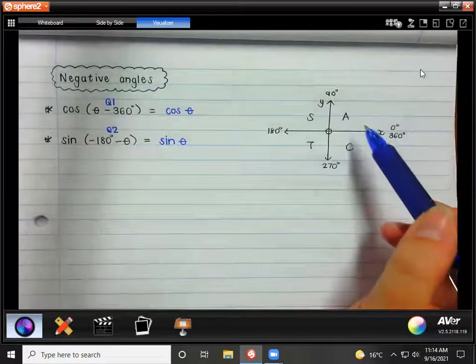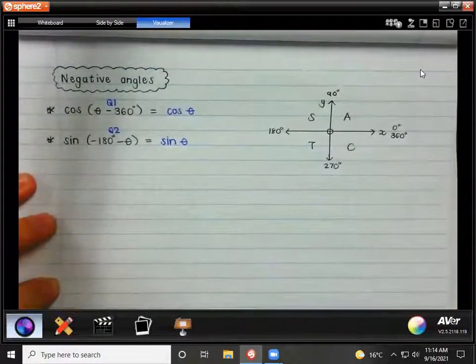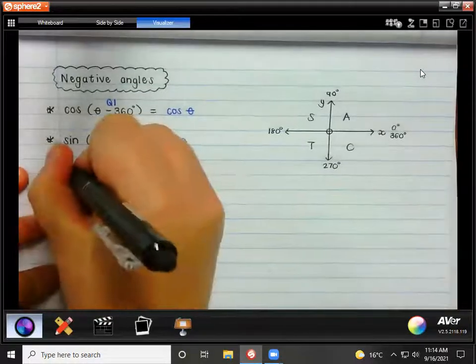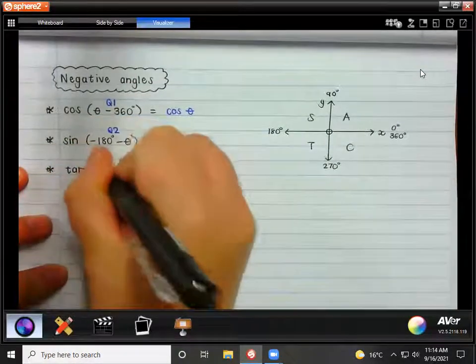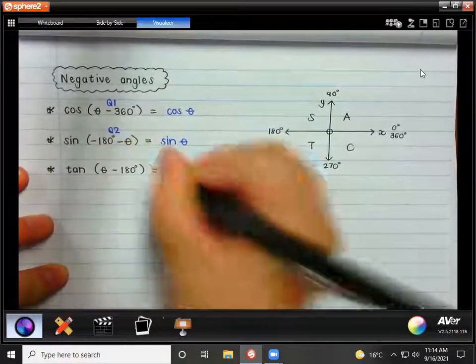Yes, theta is always an acute angle. Okay, we're going to do some more, guys, and then we're going to do some more complicated examples as well. If we have tan of theta minus 180 degrees,